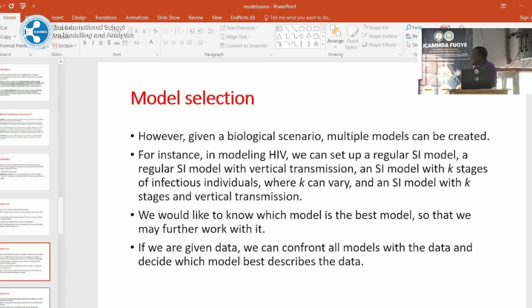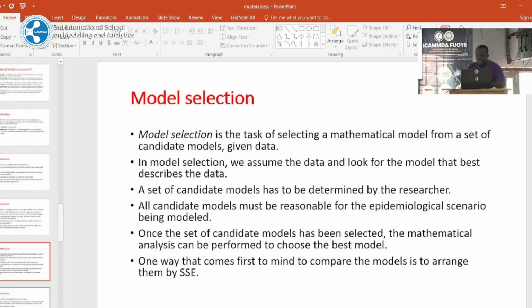Now, we would like to know which model is the best model so that we may further work with it. If you are given data, we can confront all models with the data and decide which model best describes the data. But you cannot do this except with a method. Model selection is the task of selecting a mathematical model from a set of candidate models given the data. In model selection, we assume the data and look for the model that best describes the data. And then a set of candidate models has to be determined by the researcher. Look at those 3 different models I gave. You are now going to test each of them with the data, you fit them, and the one that gives the best fit